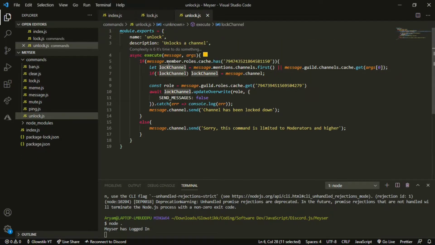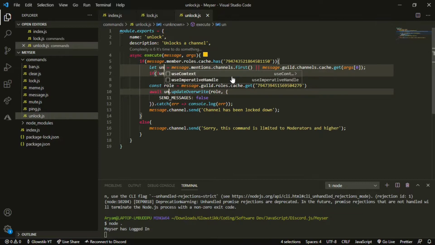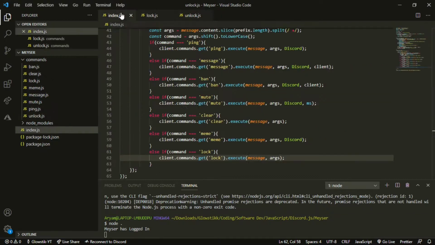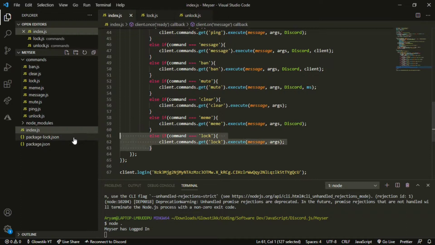Highlight this and then press Control D and just repeatedly press it, so it will change every single lock to unlock. It's just something quick that you can do, so you don't have to go over each one. And we can change this to unlocked and change this to true. So just change that to true. And lastly, we have to go into our index and make another command